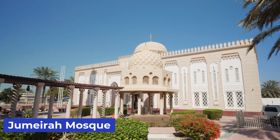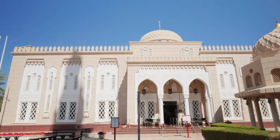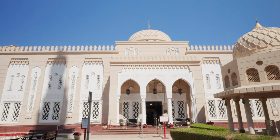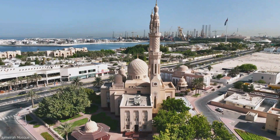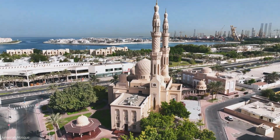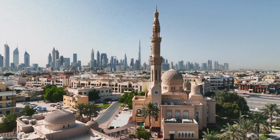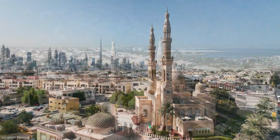Jumeirah Mosque, one of Dubai's most beautiful mosques, is a stunning example of traditional Islamic architecture. Built in the Fatimid style, it features white stone walls, intricate carvings, and 2 elegant minarets flanking a large central dome. Located in the upscale Jumeirah district, it is one of the few mosques in Dubai open to non-Muslim visitors